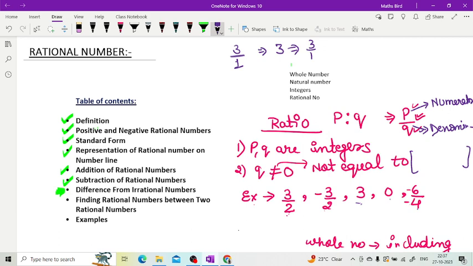Now you can ask me, ma'am, you said q is not equal to 0. Here it is 0. Then I will say, wait, 0 can be written as 0/1. Correct? Any number upon 1 will be equal to the number itself. So 0 can also be written as 0/1. Right? Now see, the first condition is, it is written in the form of p by q, where p and q are integers. 0 is an integer, 1 is an integer. Right? Second, q is not equal to 0.